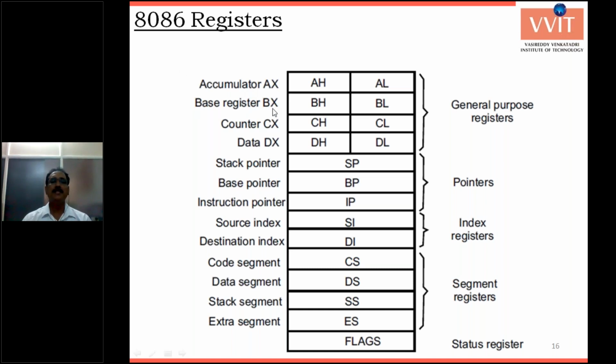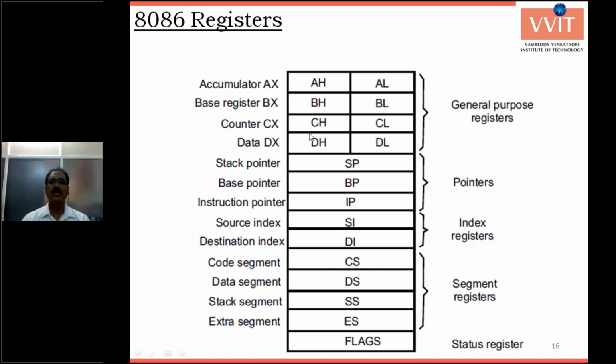Next, input and output statements. Any content is directly accessed from the input devices, or sent to the output devices, via the accumulator. Those statements are IN and OUT. The next register in the general purpose registers is the base register. The base register is used for the base addressing mode. The offset of the segment is referred into the base register.